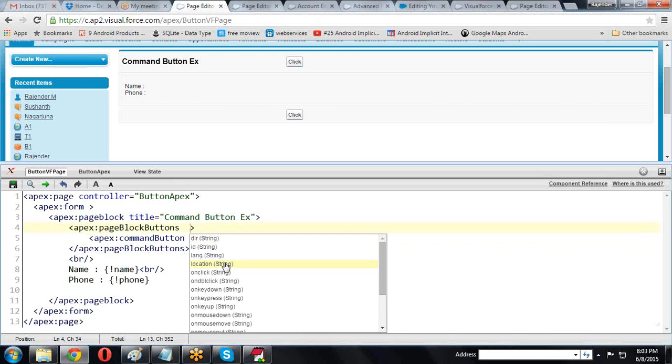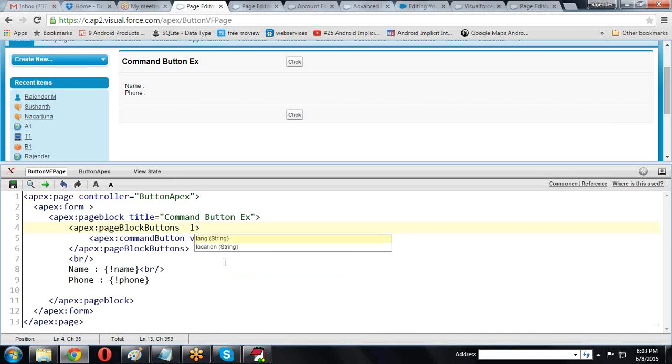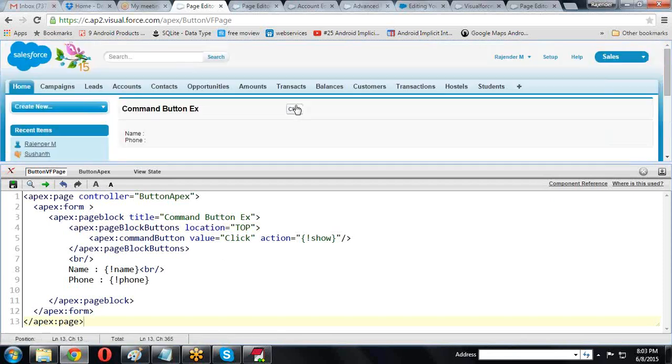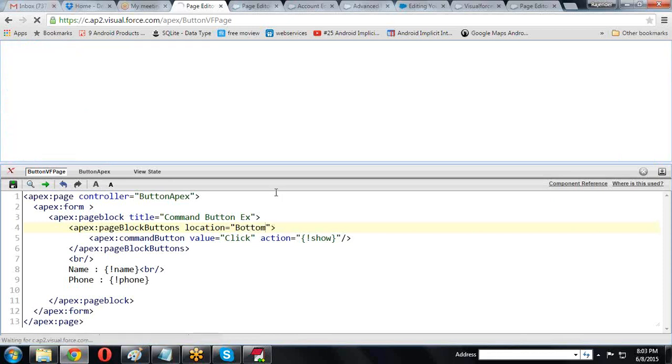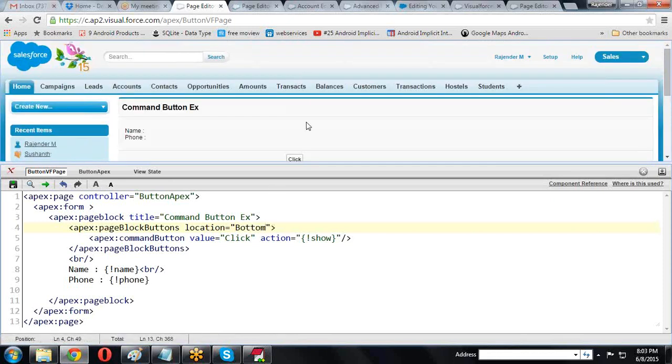Here location is one attribute. If I use location equal to top, it creates buttons only at the top of the page, but not at the bottom. If I use bottom, it creates them at the bottom only. If I don't use any location, by default it creates top only.